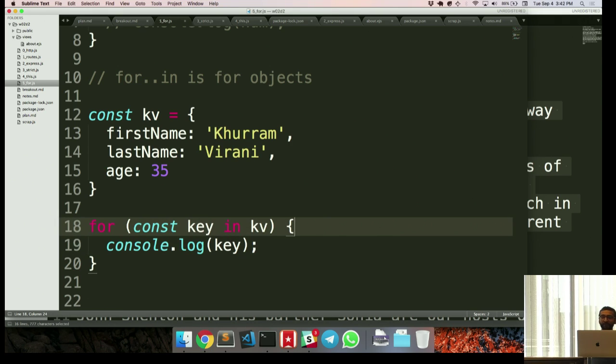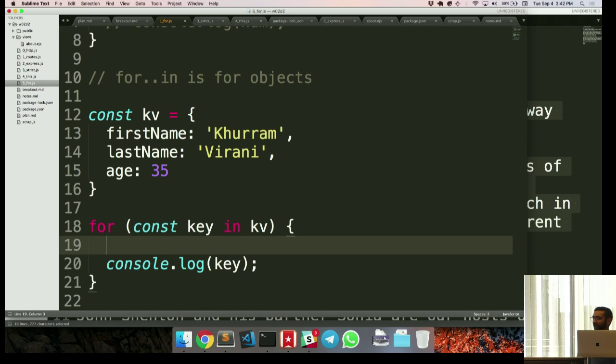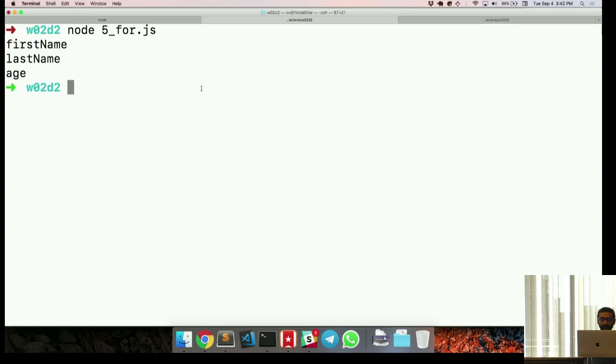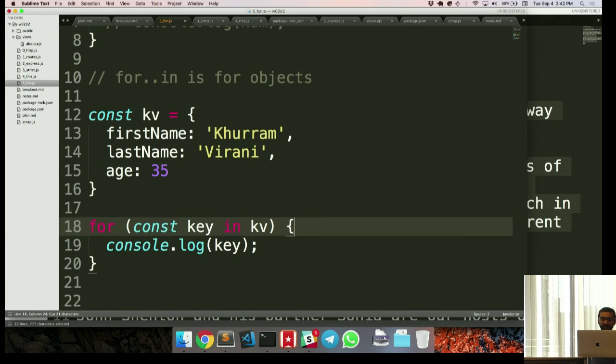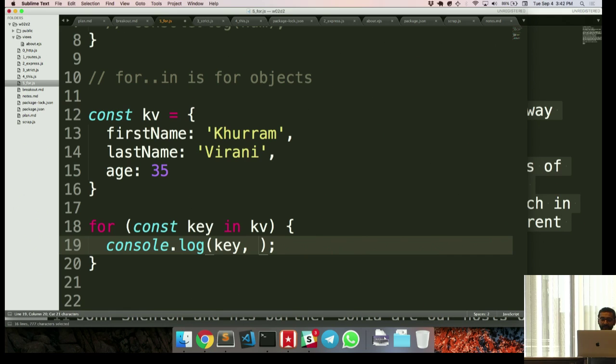So if I want to actually, of course, then get the value for that, I have the key. What do I do? kv.key. Well, why can't I do that? Remember this from this morning? Key is a string, and therefore it's a dynamic value, and so we're going to use square brackets to access the object. Quick review of week 1 there, right? And so now I can say this key points to this value, right?